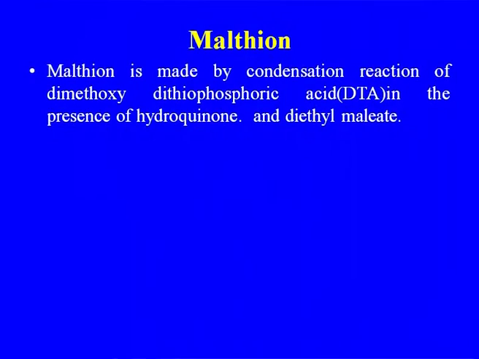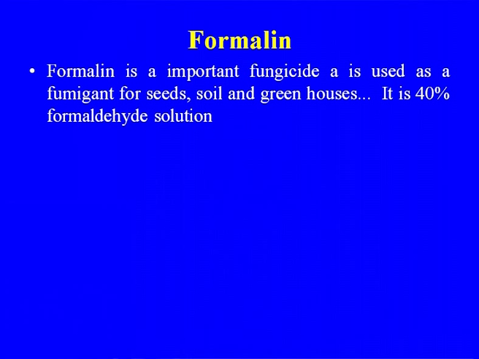Another very important pesticide, malathion, is made by a condensation reaction of dimethoxy dithiophosphoric acid in the presence of hydroquinone and diethyl maleate. Formalin is an important fungicide and is used as a fumigant for seeds, soil and greenhouses. It is a 40% formaldehyde solution. This is another important use of formaldehyde, and we discussed the manufacture of formaldehyde earlier in the